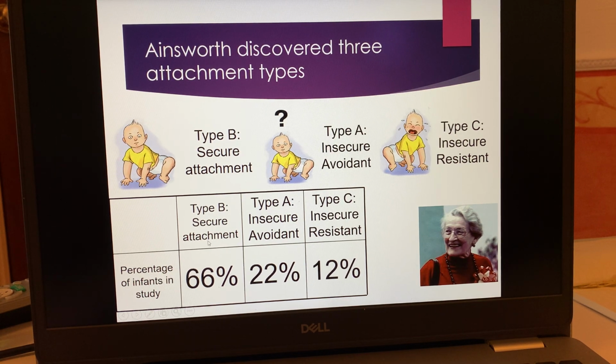Secure is in the middle. And this was all of her infants that she had in the study. This was the percentage of them that fit into each of these categories. We've seen categories before in stages of attachment, so we can start to think what might be some limitations of putting a child into one of these boxes. Definitely secure, definitely avoidant. Interesting. But secure came out as most common. They saw the parent as a safe base, they were happy to interact with strangers, and they were happy on reunion behaviour. 22 percent avoidant and 12 percent resistant.